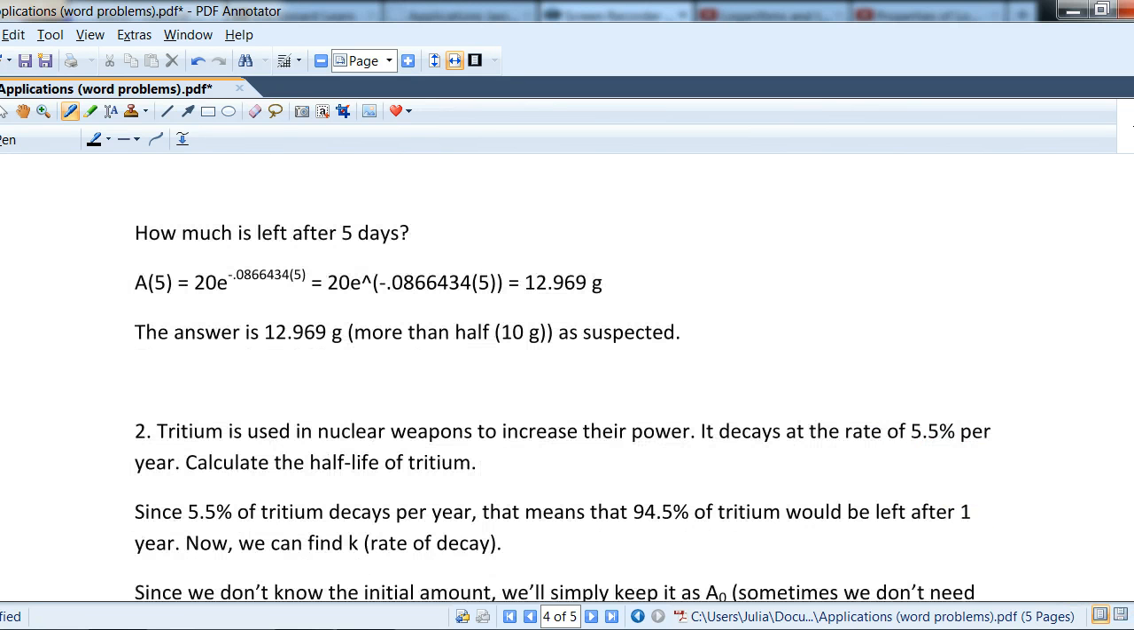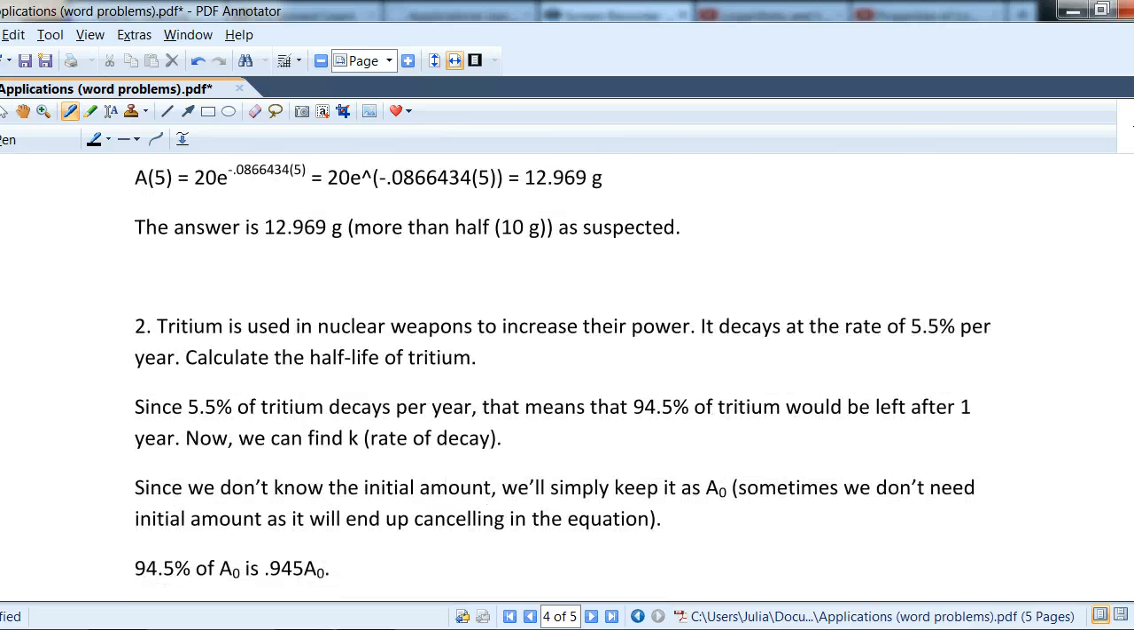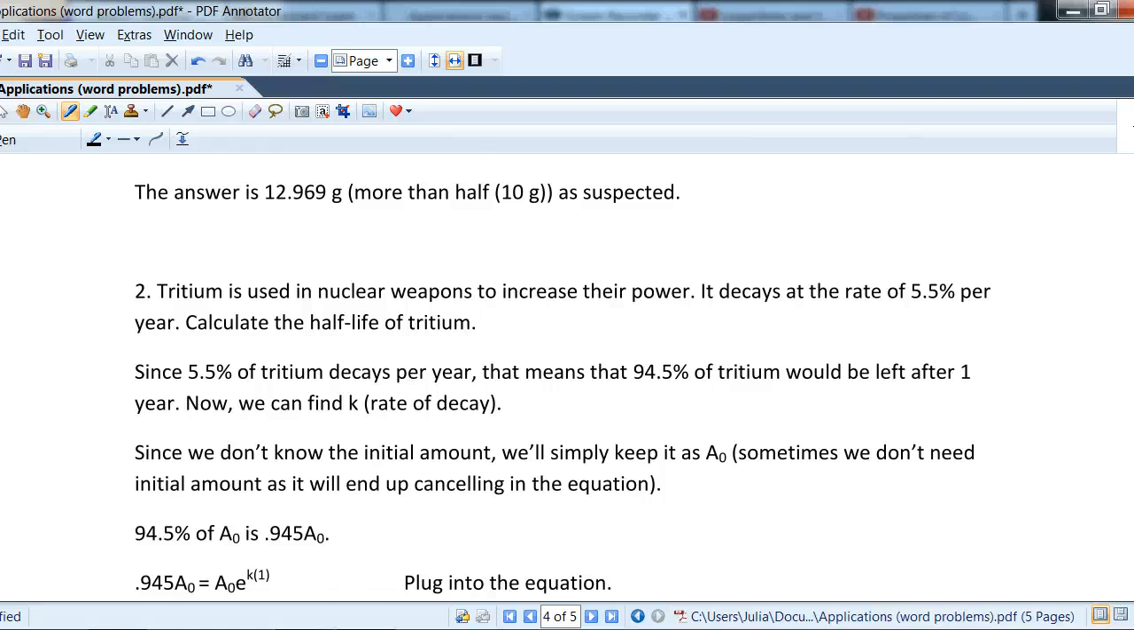What I would do to set this up, because 5.5% decays, with the decay, is figure out how much is left of the material. Well, it would be 94.5% left after 1 year, and then use it to find the K. So focus on how much is left, not how much decays. Because we don't know the initial amount, which occasionally happens, then we usually have the information if it doubles or triples, or we have a half, or in this case we have 94.5%, or make it a decimal, 0.945